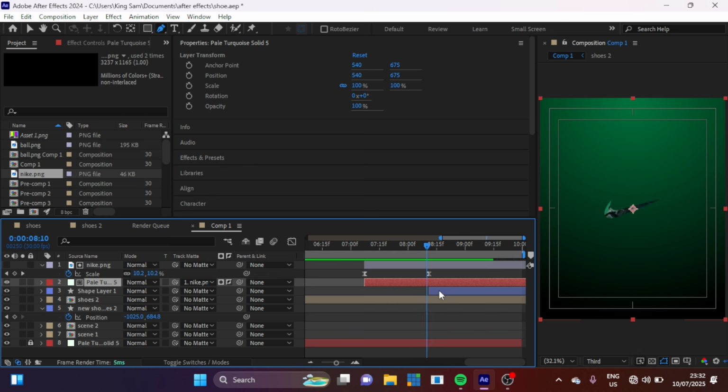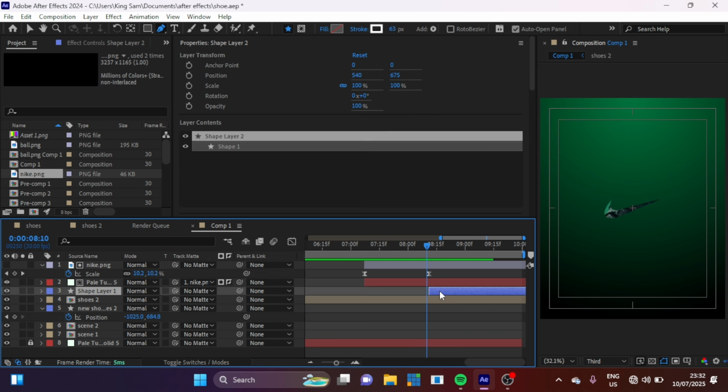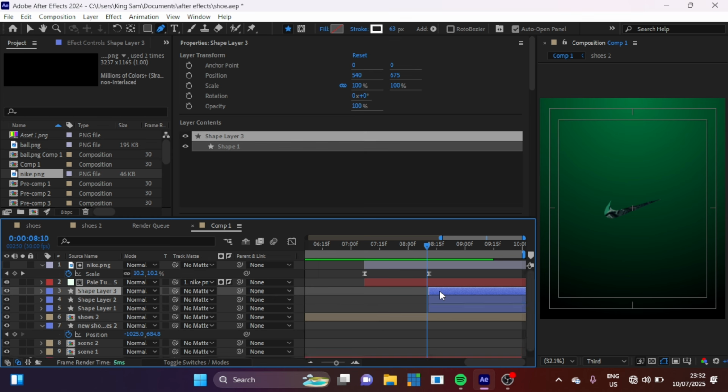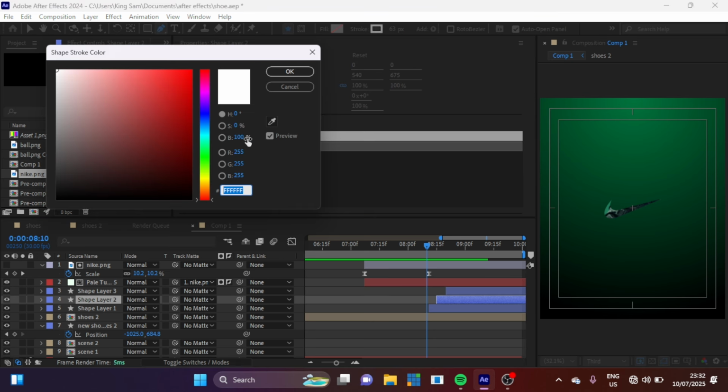Now what I can do is I can duplicate this 2 more times, and let's just offset it. Let's say 1, 2, 3, 4. Same thing here, 1, 2, 3, 4. Go like this. We're going to change this middle color here to yellow. Let's make it bright yellow,